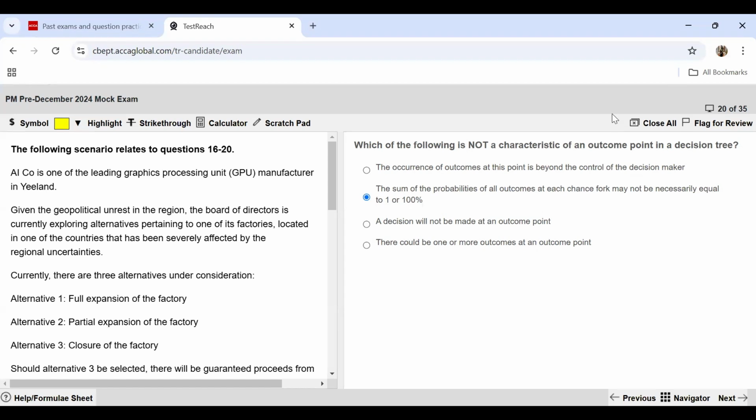So with this, we are done with the first section B question, which was AI